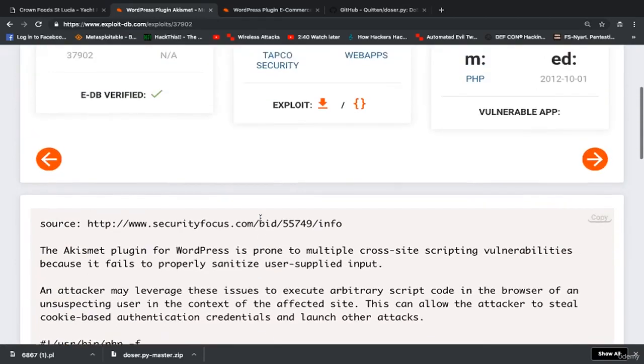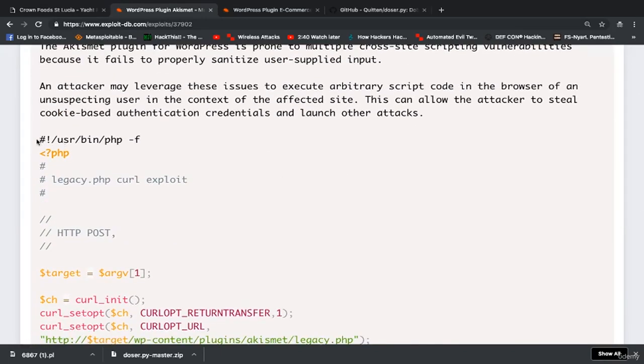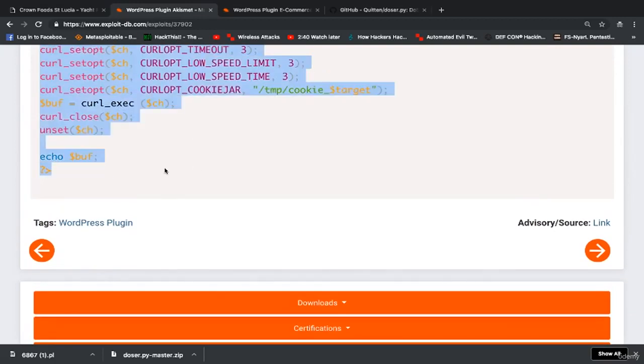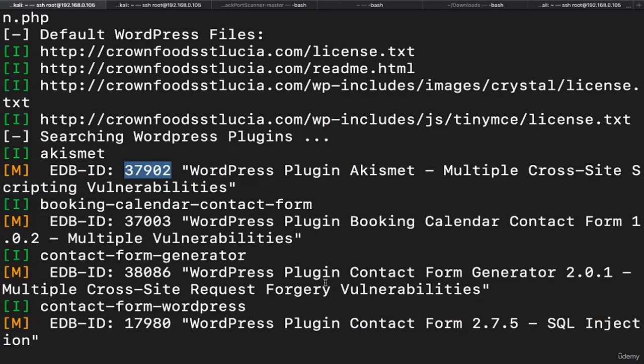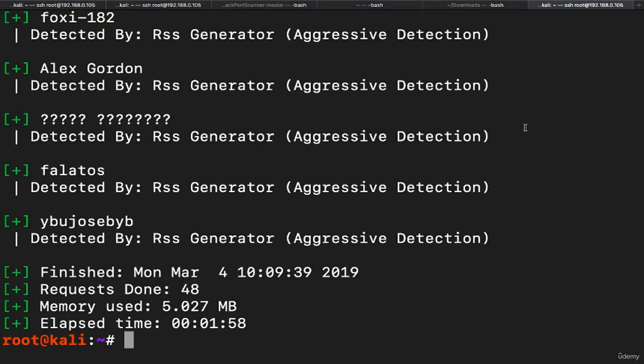So let's simply download this PHP code. Okay, not in Mac because I'll simply copy this PHP code. Okay, so I copied this PHP code. I'll go back to the Kali. This is the Kali, I guess. Yes, this is the Kali. Okay, I'll create a file over there. Let's say simply nano